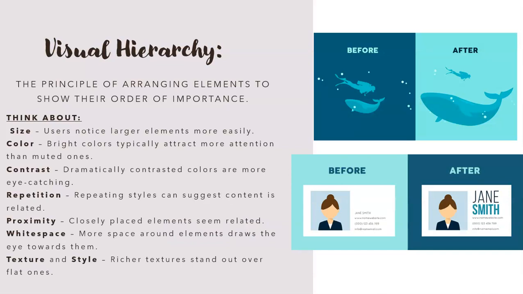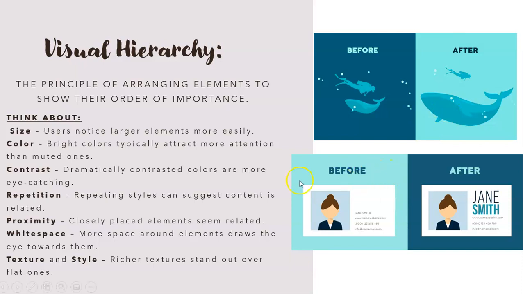Hopefully you've heard this term before, whether in design survey or in intro to drawing with Mr. Creighton or Mr. Jers, but essentially visual hierarchy is the principle of arranging elements to show their order of importance. So we're looking at these two images on the side here. The artist or the designer is making some elements larger, some elements brighter, depending on contrast, but essentially it's arranging them so that what you look at first is the most important thing that the artist wants the viewer to